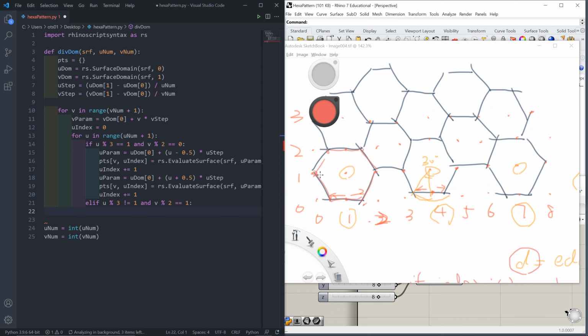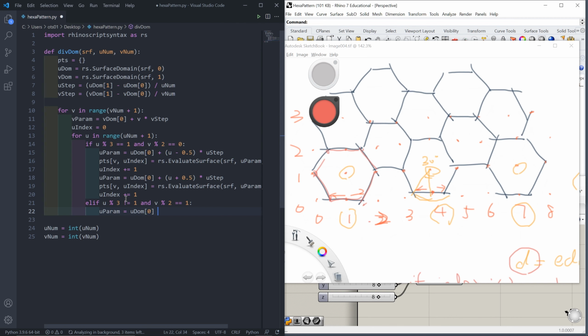That means on points 0, 2, 3 and 5, 6, in this kind of points, we execute the following codes, or we just skip those unnecessary points. And we can say u parameter equals to u domain